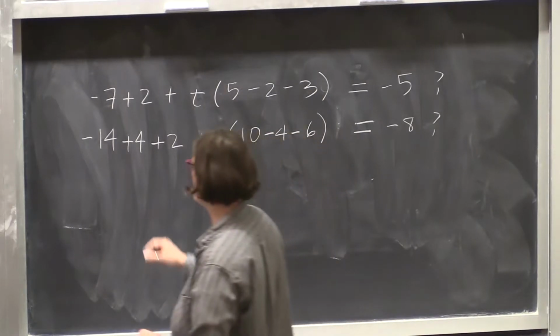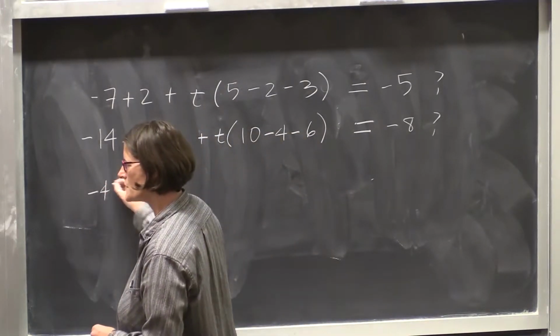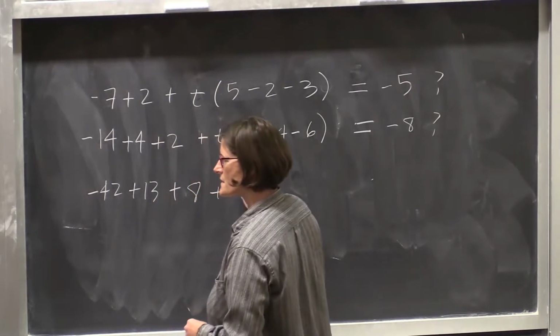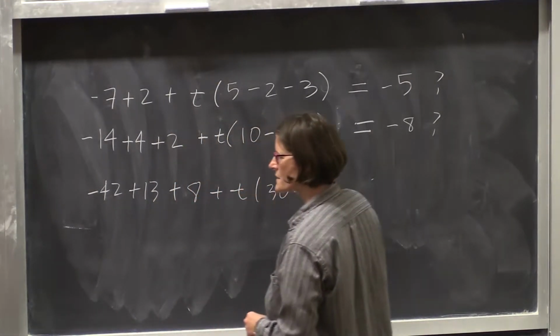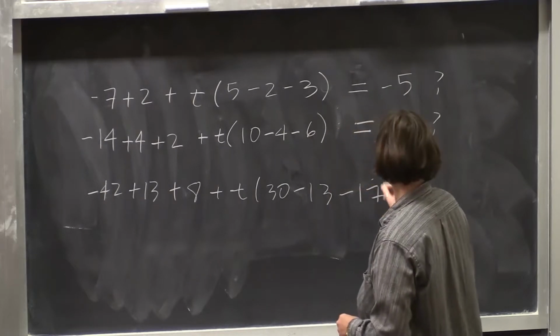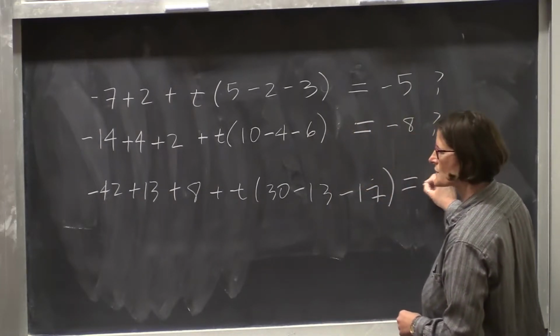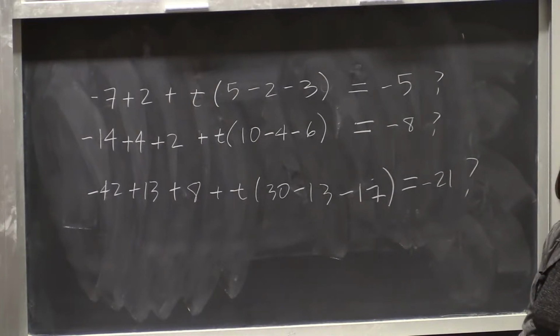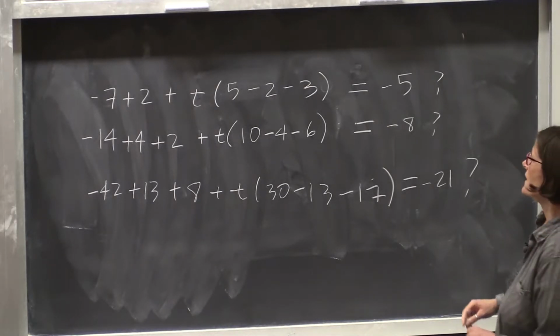Third equation, I have minus 42 plus 13 plus 8 plus t times 30 minus 13 minus 17. And I want to know if that equals minus 21. Are people okay? All right, now,